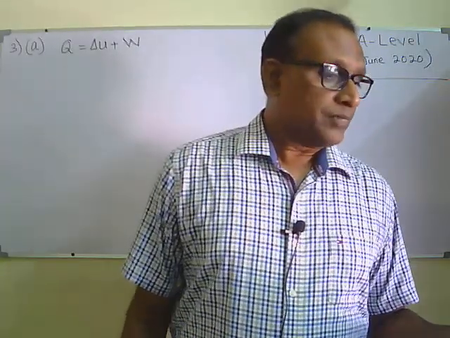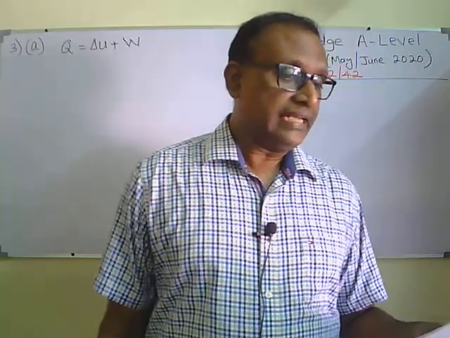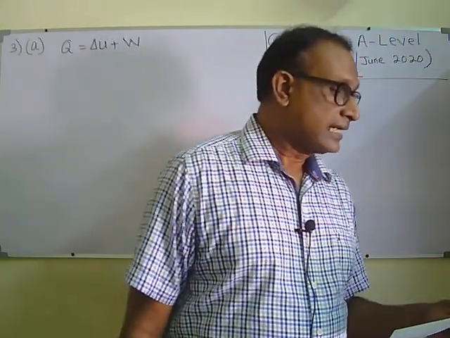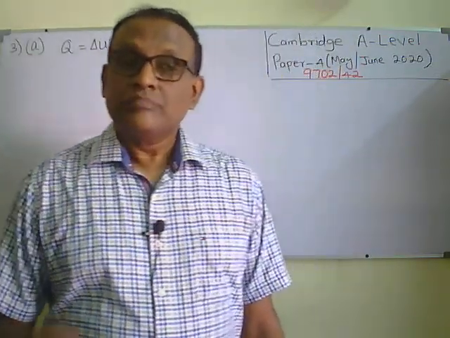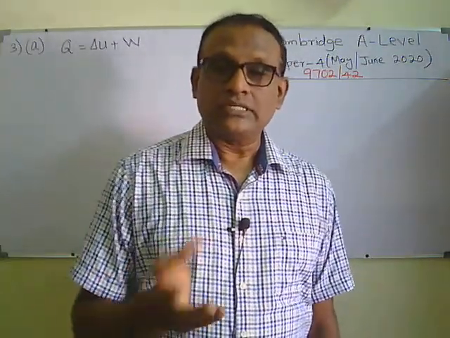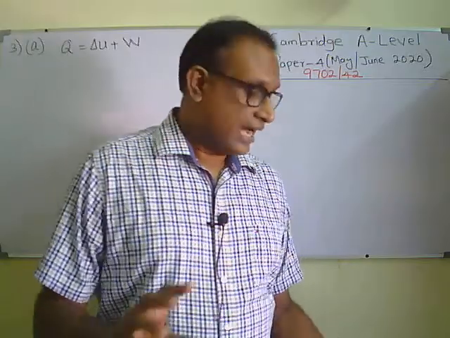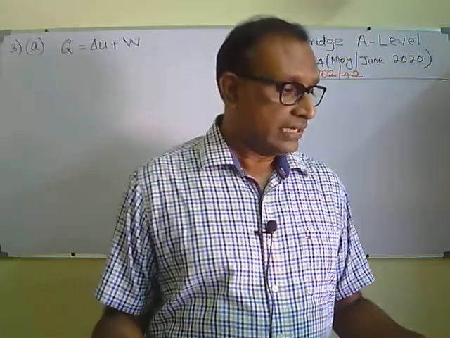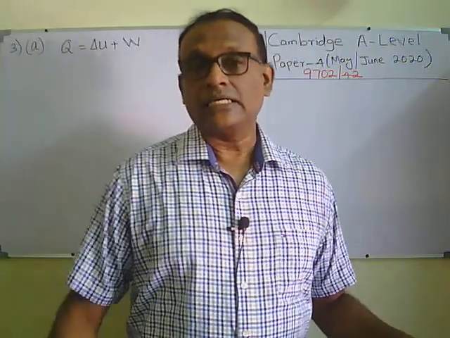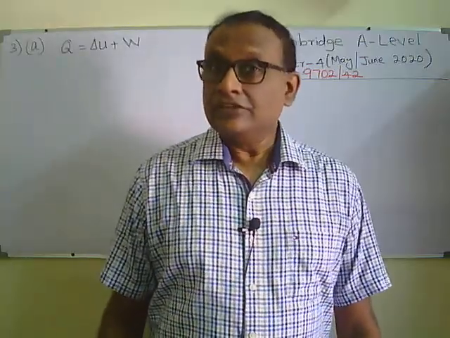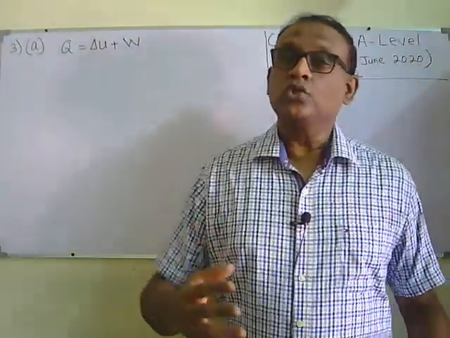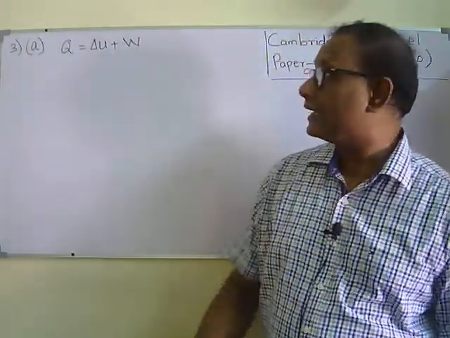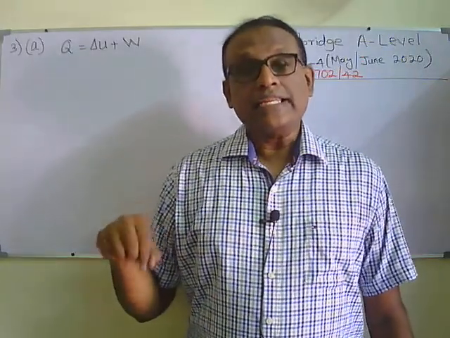So they are saying to state and explain the change, if any, in the internal energy of a lump of solid lead as it melts at constant temperature. If it is melting at constant temperature, normally the change in volume we don't consider. When ice melts and becomes liquid, or solid lead melts, we don't consider much about the change in volume. So no change in volume means no expansion, no contraction. So the W will become equal to 0, right? So no work done.